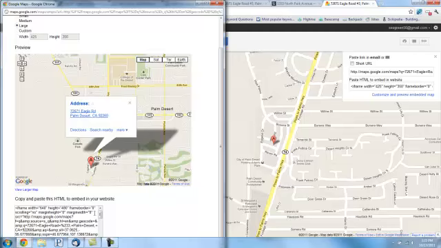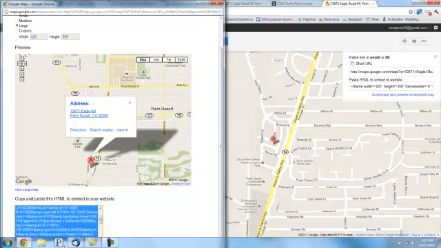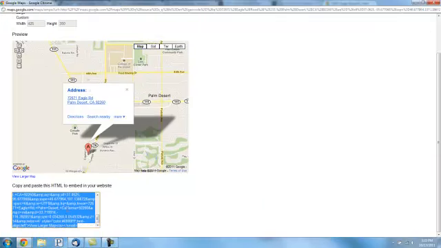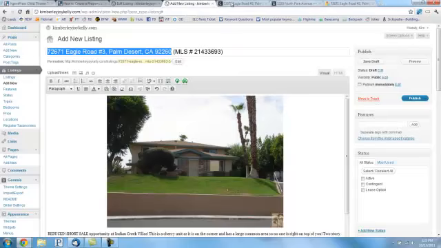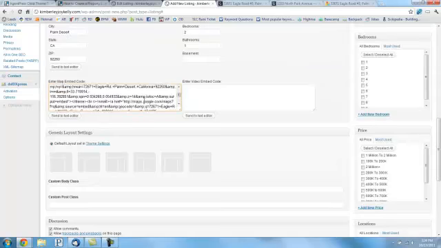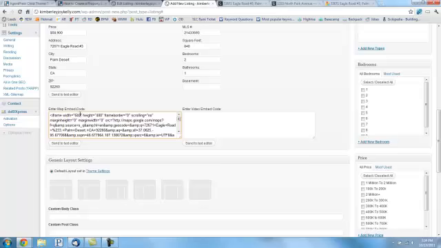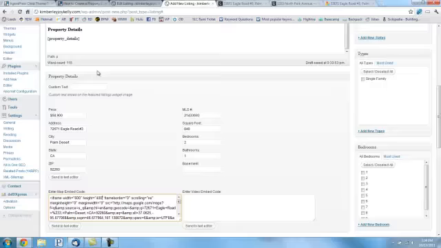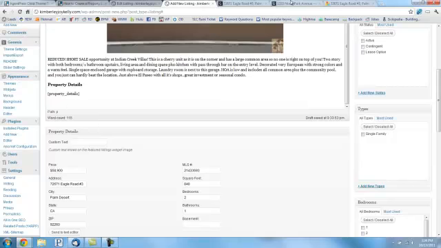And once that's done, you just come down here and you copy, here, make that a little bit bigger, copy the embed code. Come back to your listing and enter the map code. You want to put that here. And let's just go ahead and resize this just a little bit to 600 on the width and 400 on the height. Make sure you come up here and let's type in